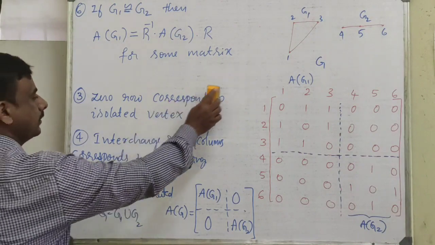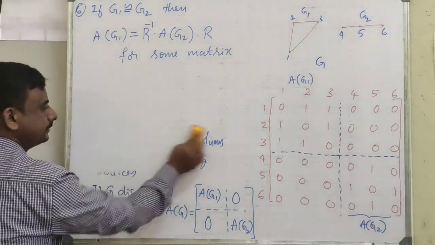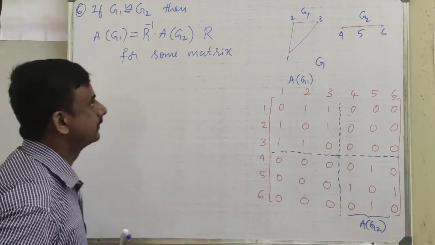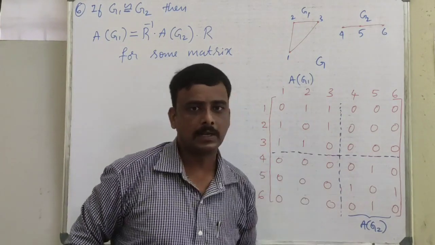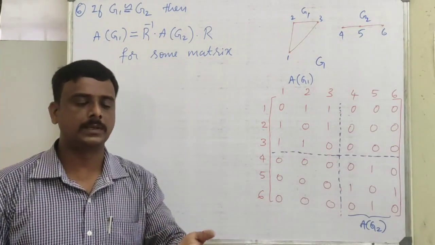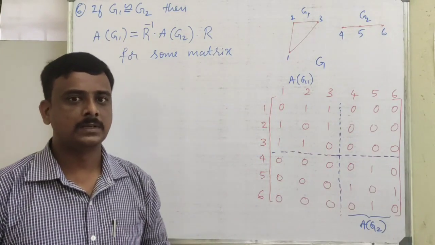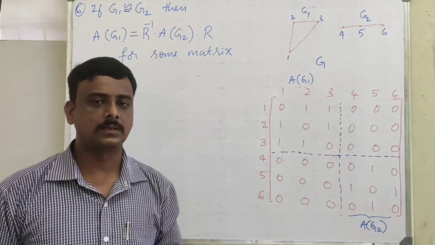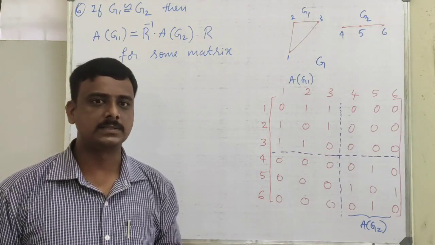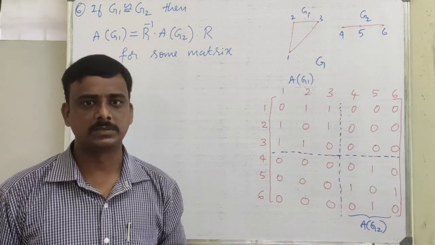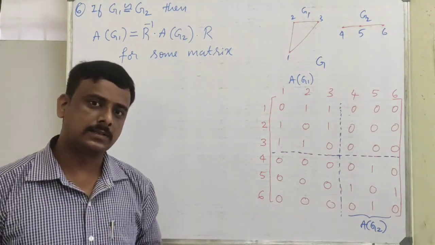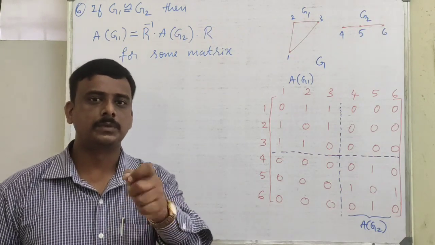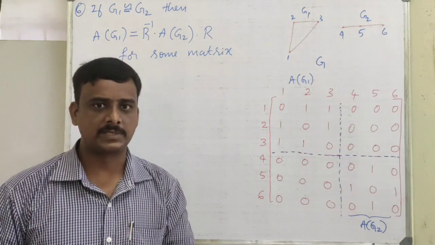And the last but very important point: what we have done here is, I have considered a graph, then I have written its matrix. Suppose you are given a matrix that is symmetric and binary, in the sense the entries are zeros and ones only, can we write a graph corresponding to that matrix? That proves the uniqueness of the matrix representation.